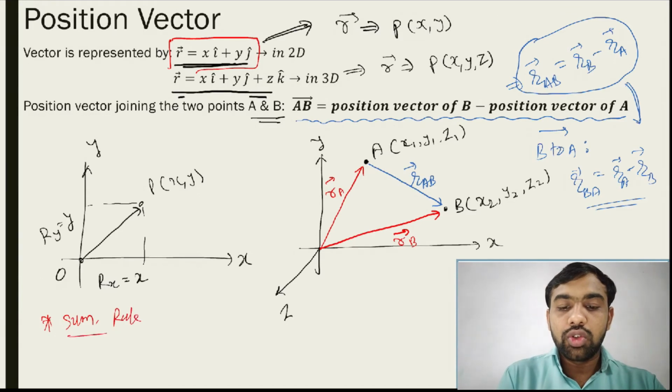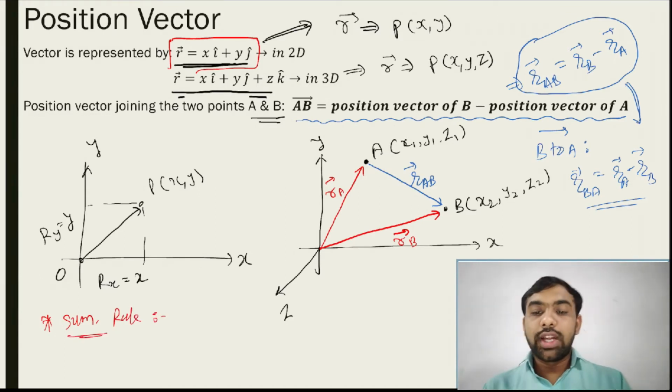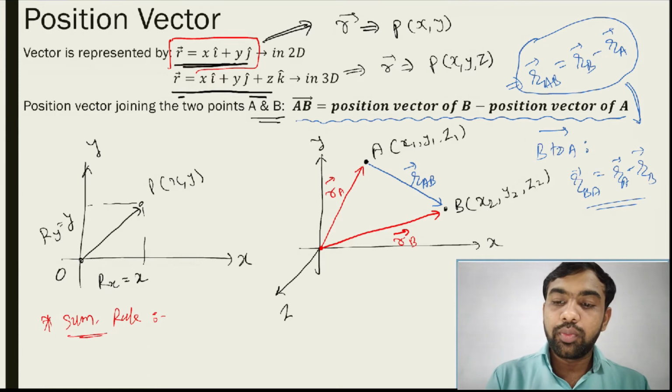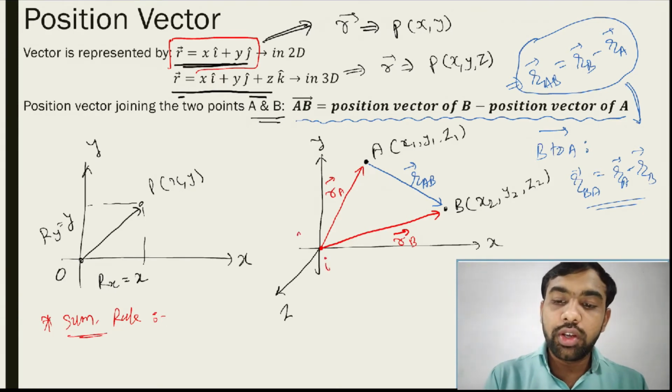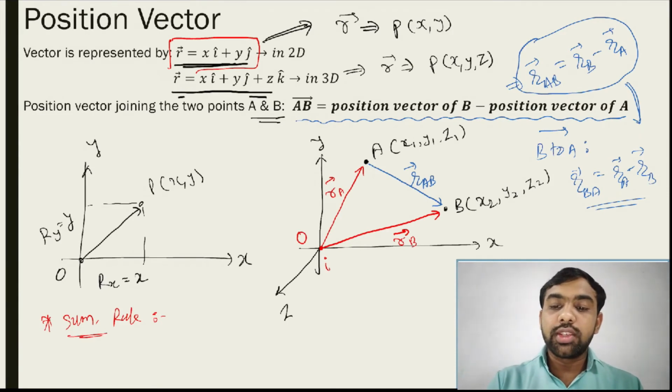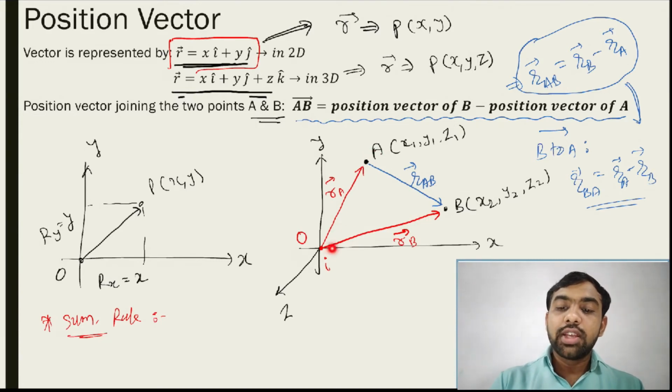Summation rule. So that's the initial point. Suppose the origin is the initial point, consider. So the first vector is this one, the second vector is this one. So this third vector is the resultant of first and second. Why? See, the first vector is here, we arrange the second vector at the head of the first vector, and this is the resultant vector. This is the resultant displacement from here to here.